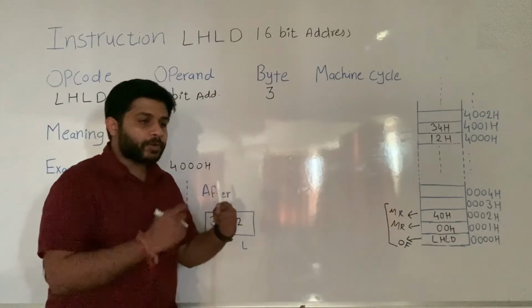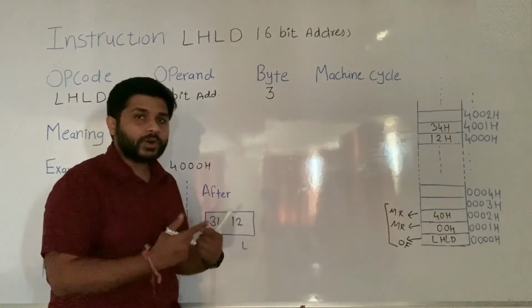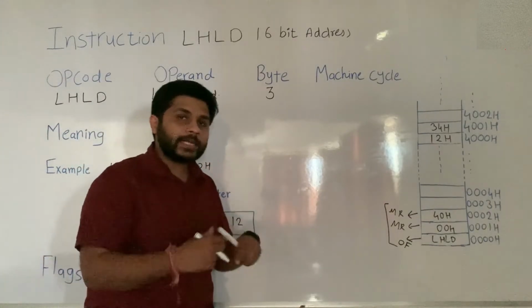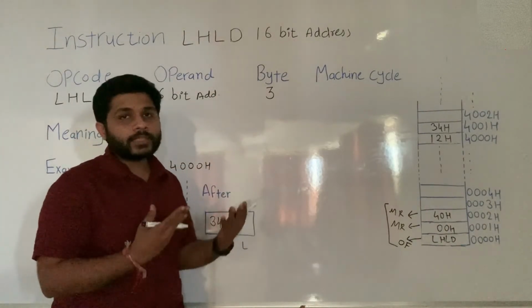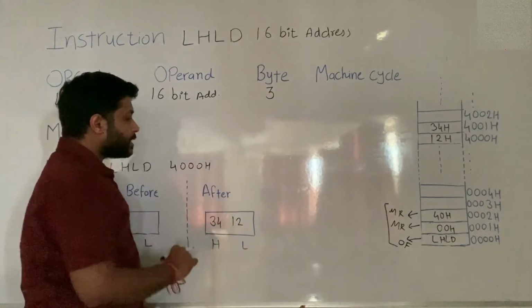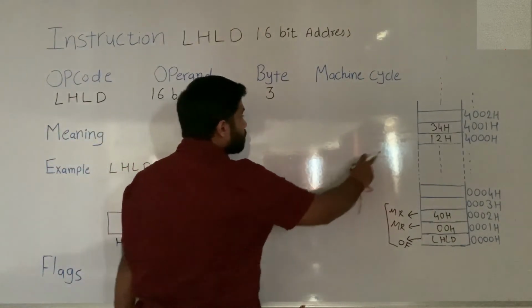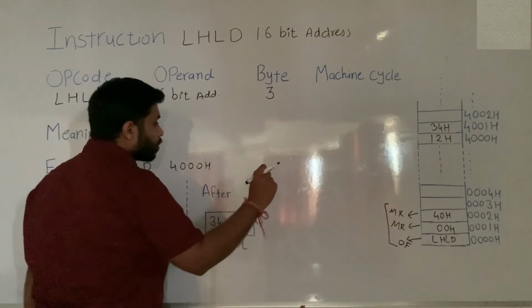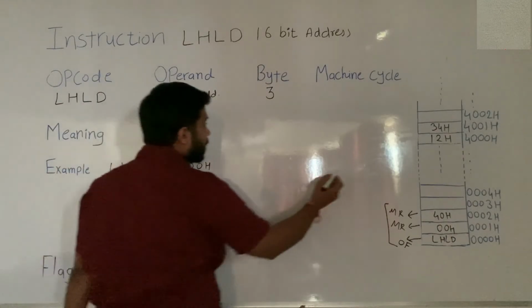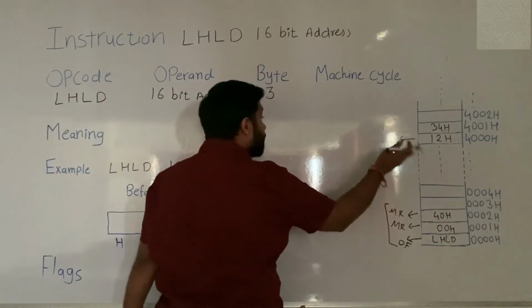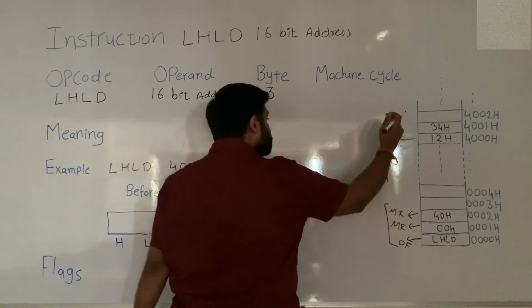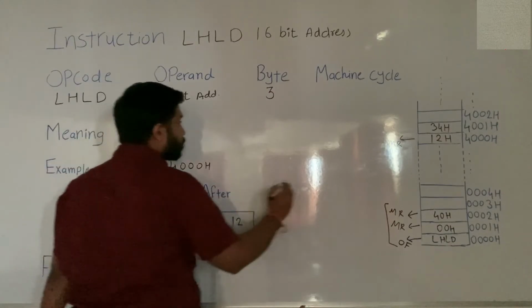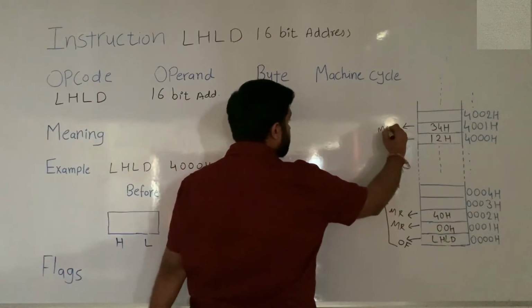After the instruction is transferred, the processor will decode. After decoding, the processor will understand what process it has to do and it will execute. Now what are the steps done in the execution? In the execution, the data which is present in 4000H is transferred to L from memory. It means one location is read. The processor has performed a memory read. After that, from the next location, the processor transfers data from the memory to H. It means the processor is performing one more machine cycle, which is memory read.